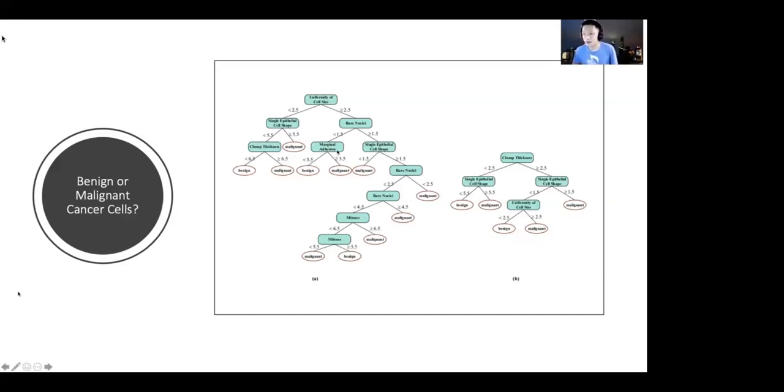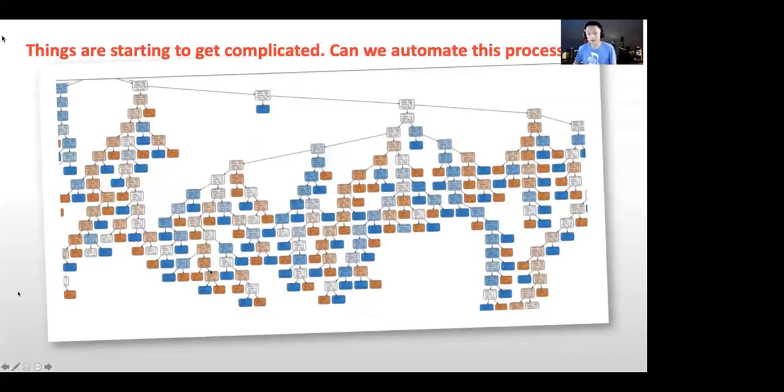And there's so many different things that you need to take into account when you think about benign or malignant. Uniformity of cell size. So are they all the same or are they not really the same? And then this doesn't actually tell you whether it's benign or malignant. If you can see on the left and the right of the decision tree, you have both different classifications, and you need to look at so many different considerations before you actually make a decision as to whether it's a good or a bad cell. And then, the more complicated the problem, the more insane the decision tree becomes. There's no way in heck you could have guessed that this would be the decision tree that would have minimized the error on this really complicated data set.